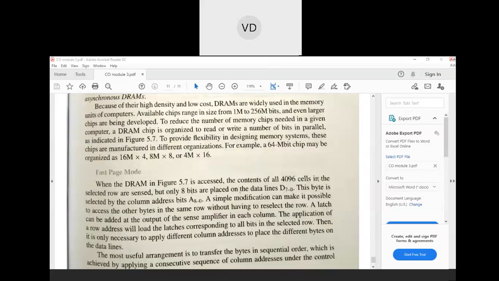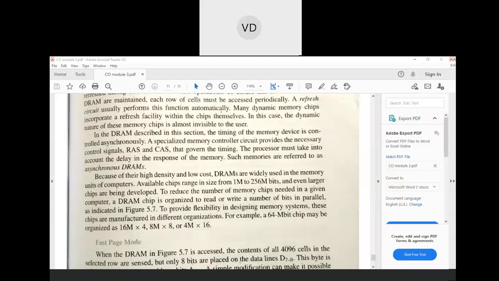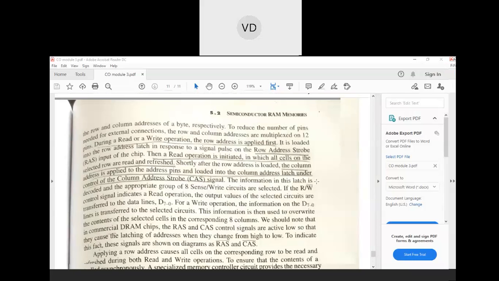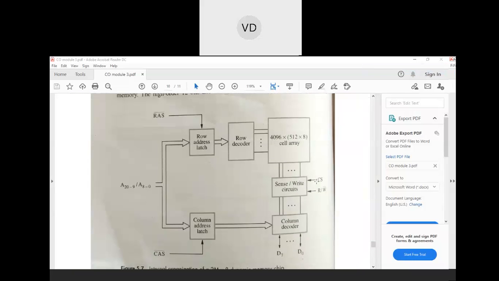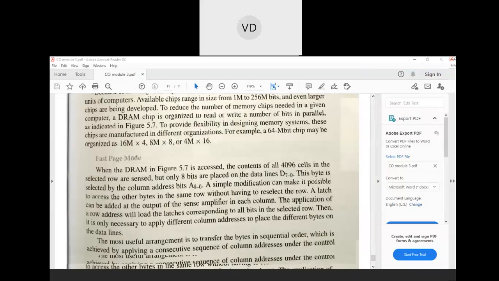Have you understood till here? Have you understood this block diagram? Okay, next we are going for the